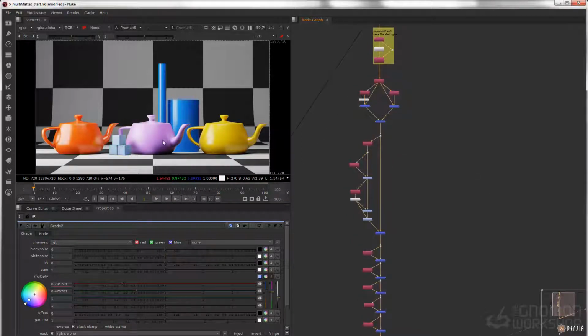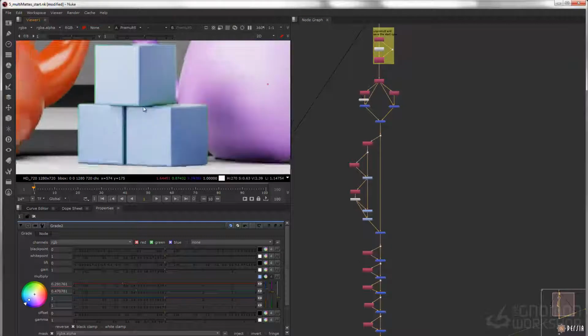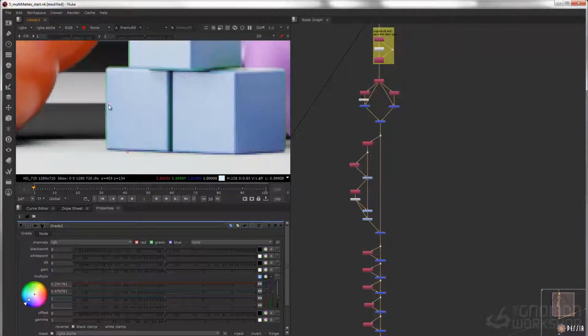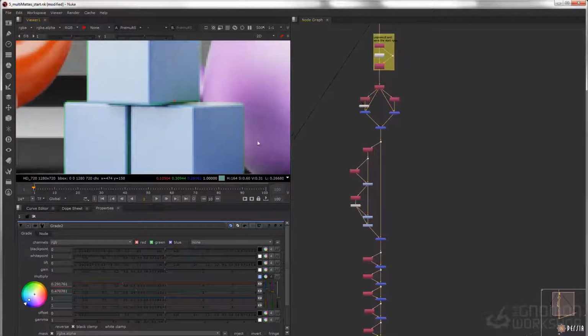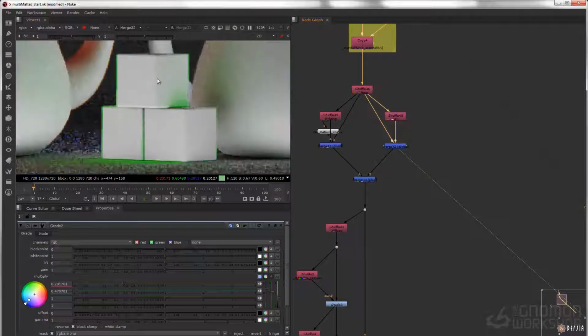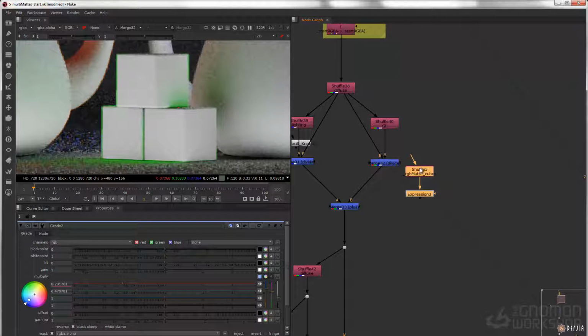And say we want to take this to the next level, and we actually want to fix some of this color bleeding that's happening here. Notice like right here on the floor and right there. What we can do is take this matte that we made and come up here and fix our color bleeding that's actually happening in our raw GI. So I'm going to paste that,